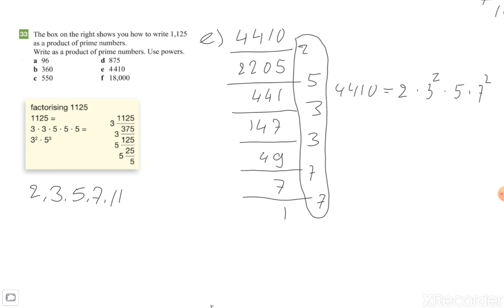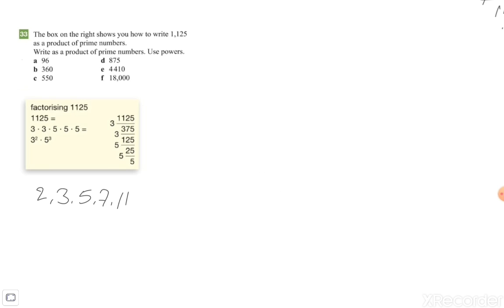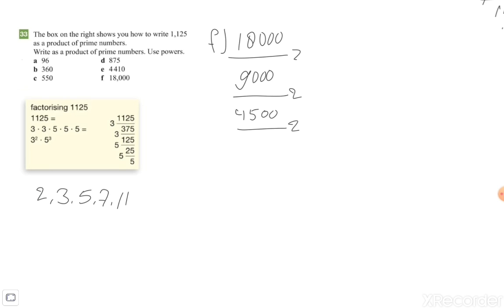And then the last one, exercise F with 18,000. Alright, if we divide it with 2, you get 9,000. Divide again with 2, you get 4,500. And divide it again with 2, you get 2,250. Even this one divided by 2,